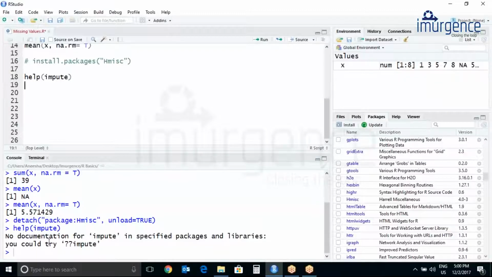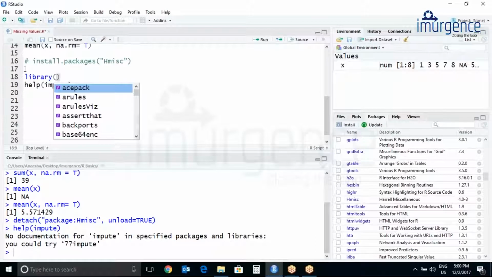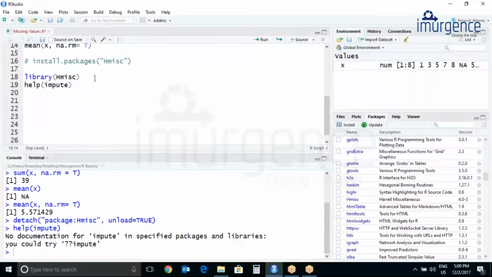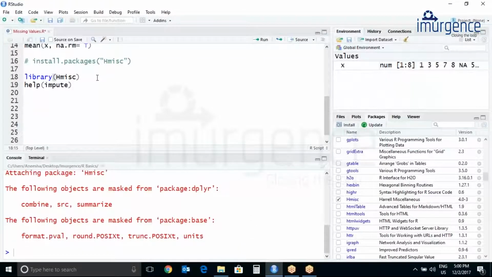Help impute. Let's hit Control Enter. Now you can see no documentation for impute is available, just because I have not started my Hmisc package. So you have to start the package: library Hmisc. Let's hit Control Enter.